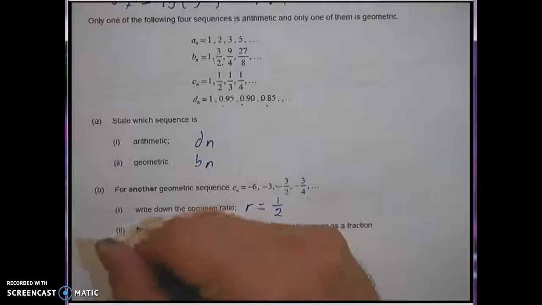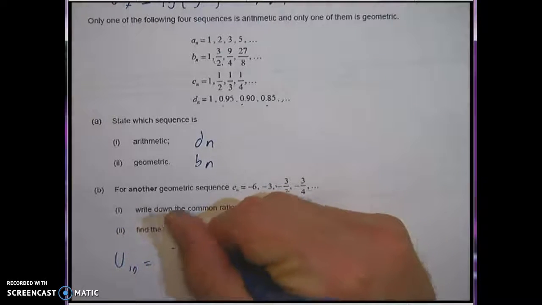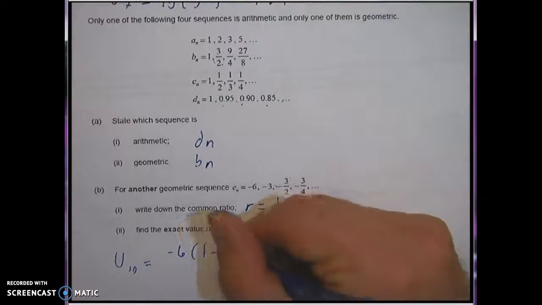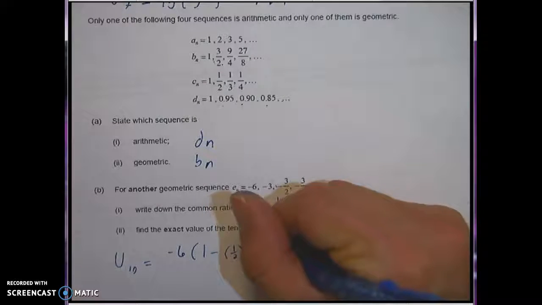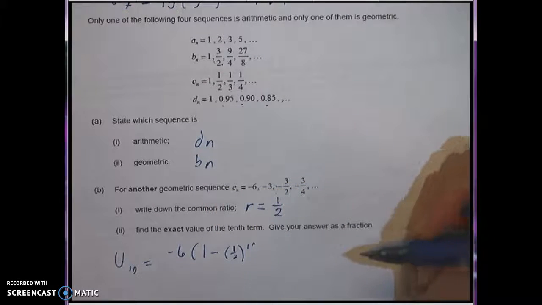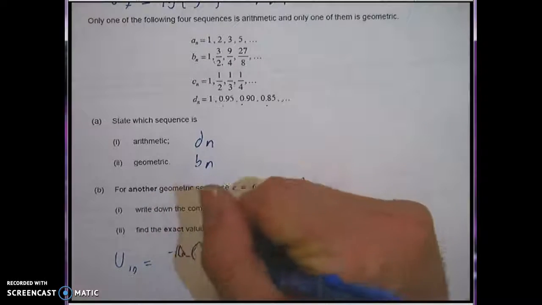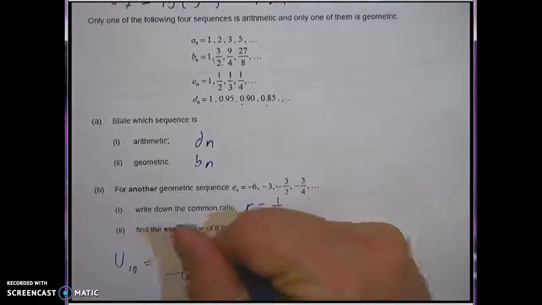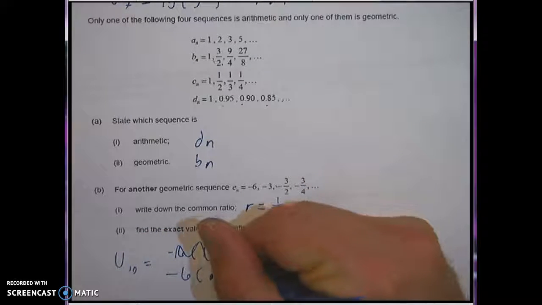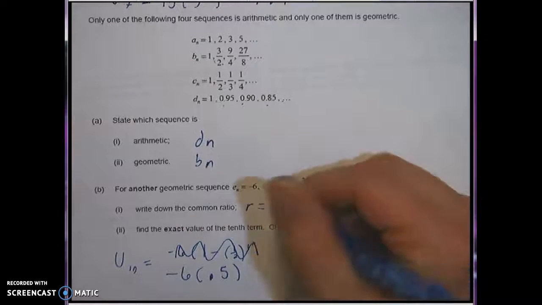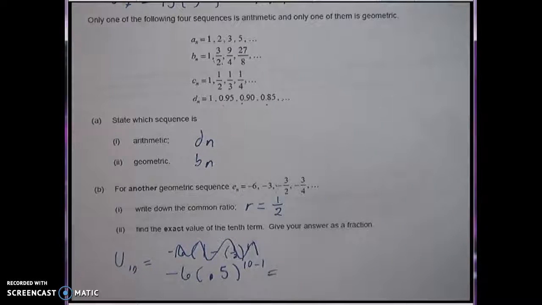So u sub 10 is u sub 1 times 1 minus r to the nth power, which is 10. Oops. Let's try that again. Negative 6 times 1/2, which is 0.5, to the 10 minus 1 power. 0.5 to the 9th power